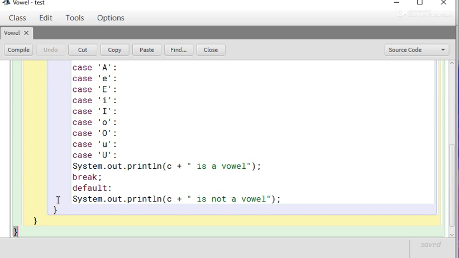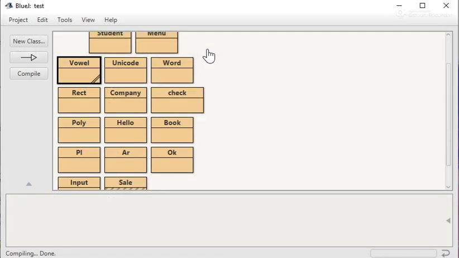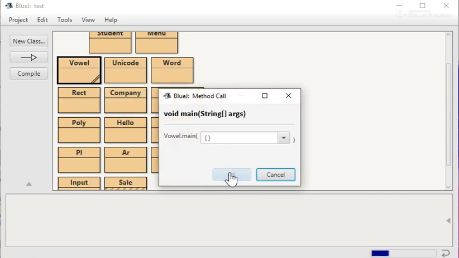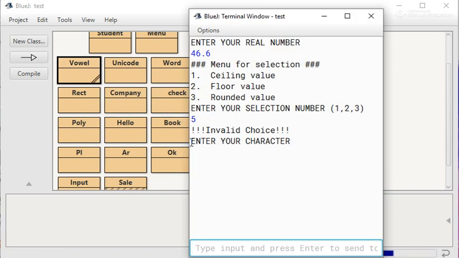To check this program, we compile it, and after getting the message class compiled, no syntax error, we close this program and execute it. Here is the output of our previous program.